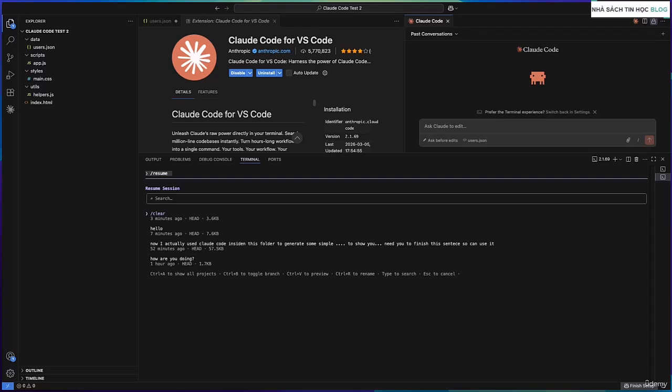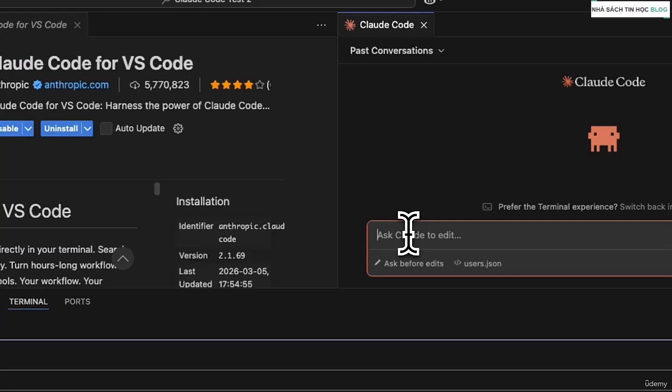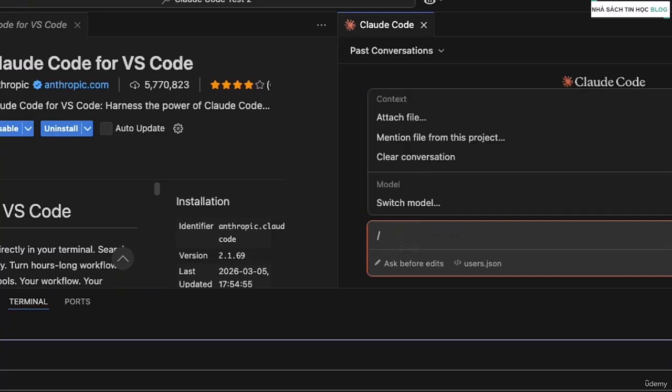And this extension view, to be honest, looks a lot cleaner and more user-friendly than the terminal view. You still have access to the slash commands from here as well. So when you type /, you can see I can search for different commands.